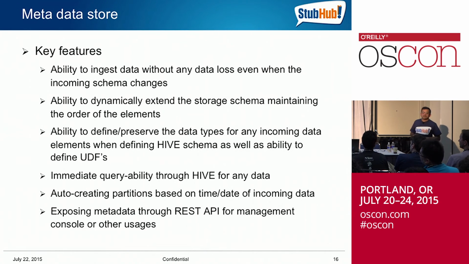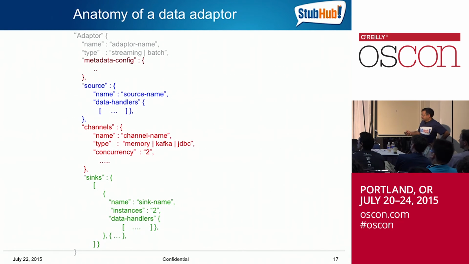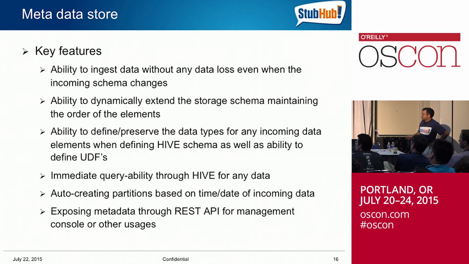Preserving the types. Here's the other thing too. Data types, particularly for SQL structured data: you might have a number, a string, a big decimal, a float, all of that. As things are coming in, how do you create schemas that preserve the same data type as the original, so that when you put up a Pig script or a SQL query like Hive, it actually works out of the box? And this is where the immediate queryable to Hive comes into the picture.